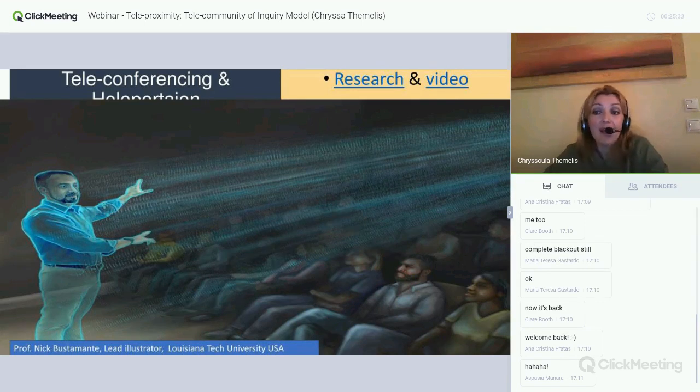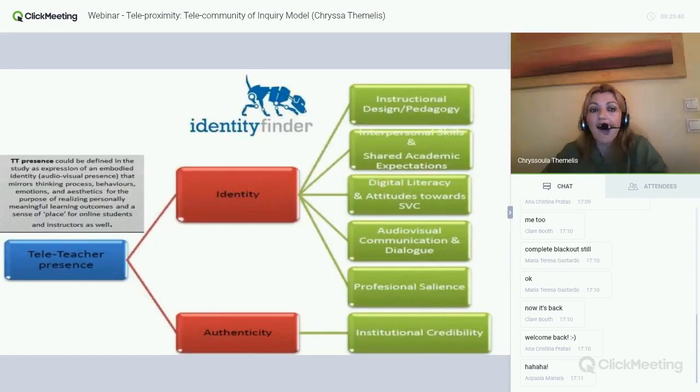Now, having in mind all these theories and what my informants have said, along with other data and literature review, I tried to expand the community of inquiry model.